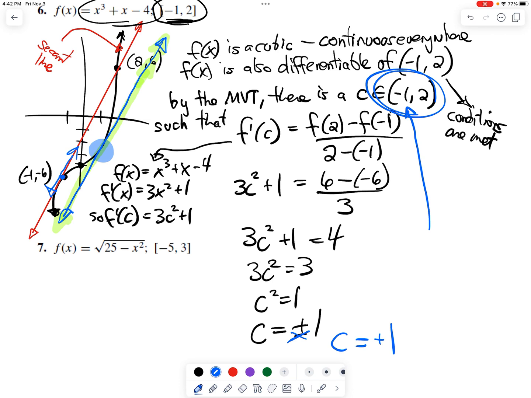That variable has to be in the open interval. I think it is true that the slope is the same right at -1, but just make sure that within that problem we are just looking from -1 to 2. So that value is c equals